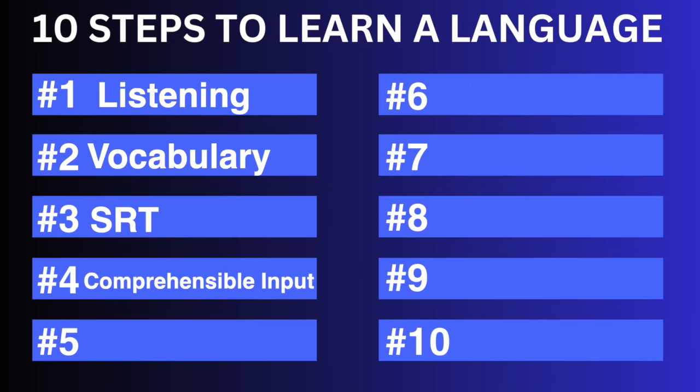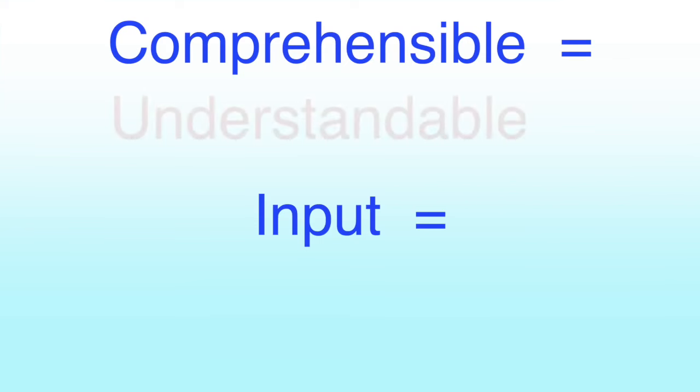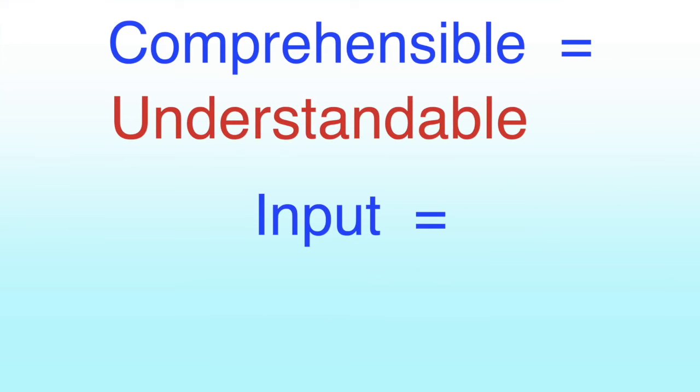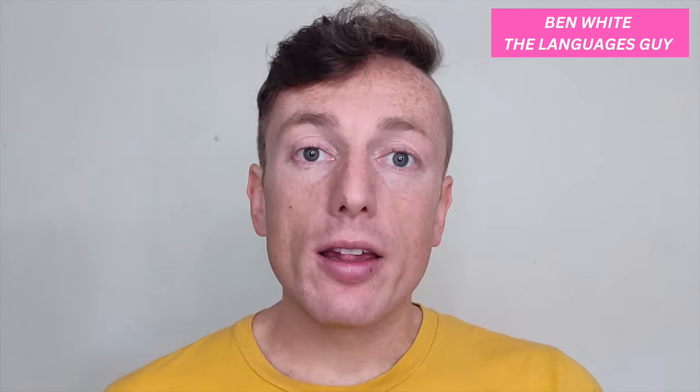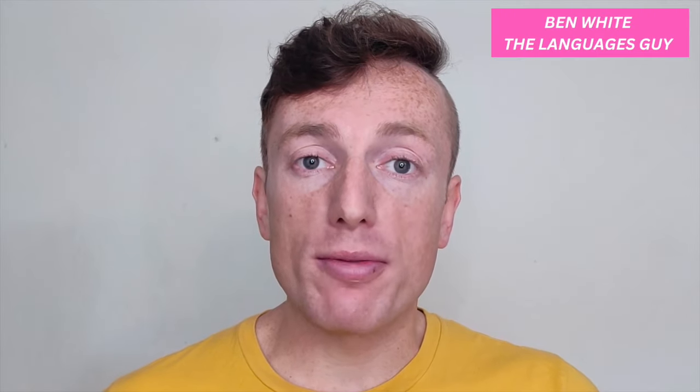Step 4. Comprehensible input. Comprehensible input is the gold standard of language learning. Comprehensible means you can understand it, and input means you're putting it into your brain. Listening and reading, essentially. Say, for example, I'm watching an episode of my favorite cartoon, Avatar: The Legend of Aang,